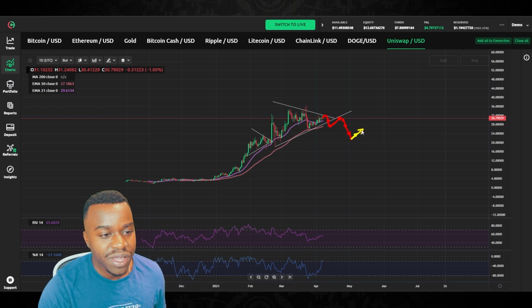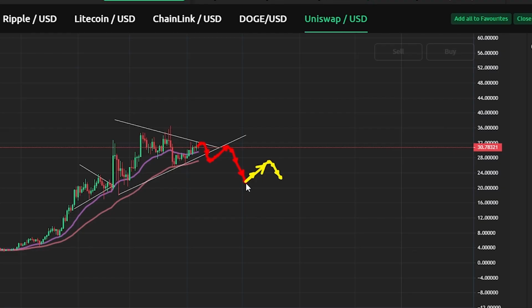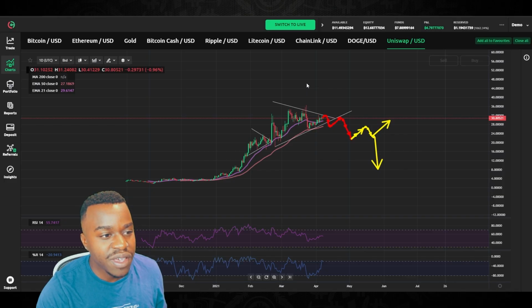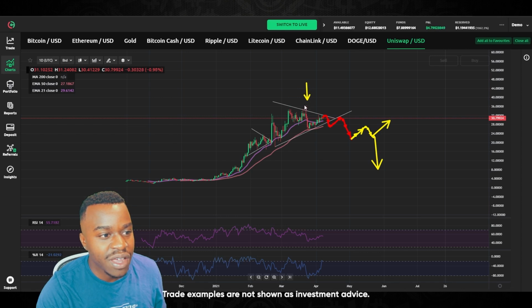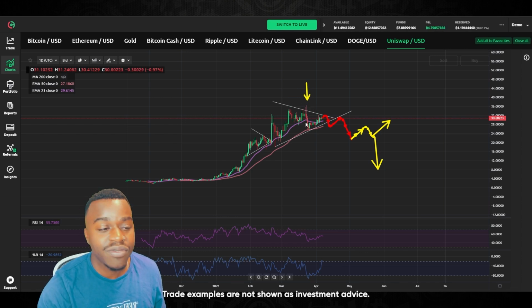If it does not hold and we get a lower high again for a potential double bottom, we'll need to see how that double bottom rounds out. It could do something like this, or that double bottom could just break right down. And this scenario is based on this point that we had here at about 36 being the top for the year.